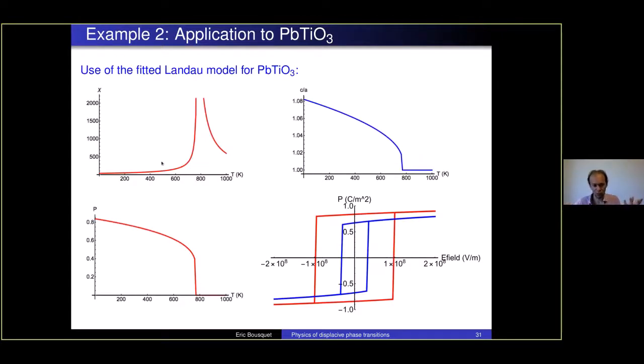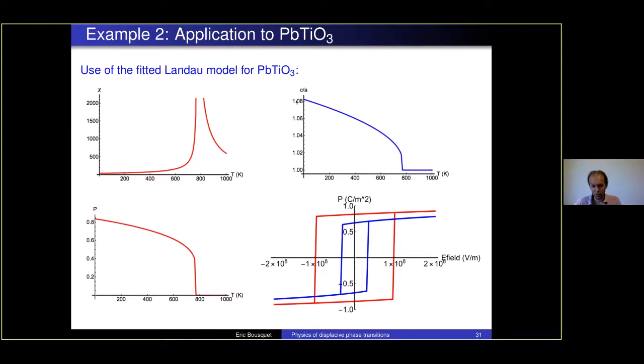And then once you have the Landau model, you add the temperature dependence and the critical temperature you have from the experiment, for example, here. Then you can extract the electric susceptibility versus the temperature. This is a calculation you can plug into a Python script or Mathematica to solve. And here you recover the fact that the electric susceptibility is diverging around the critical temperature.